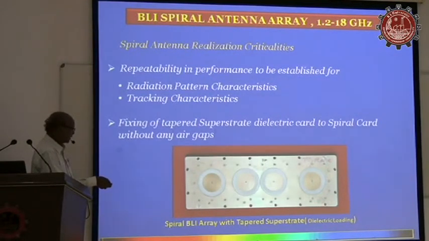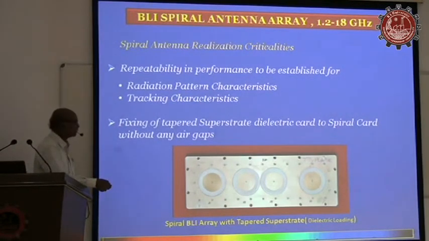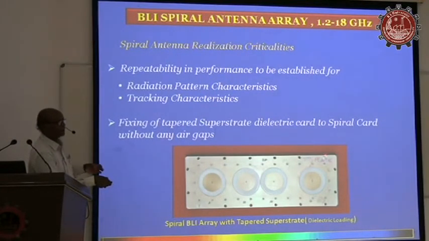This is the array, baseline for the array with dielectric loading. Because in one of the systems for naval application, the total antenna is to be assembled within 1.5 hours and go for the trials or mission. So we cannot fix these antennas permanently. That is why the antenna should be as small as possible and lightweight. So without this loading it is working from 2.2. By loading with the dielectric loading with proper shape and other things, we are bringing it down to 1.2. That is why we are able to achieve the performance.